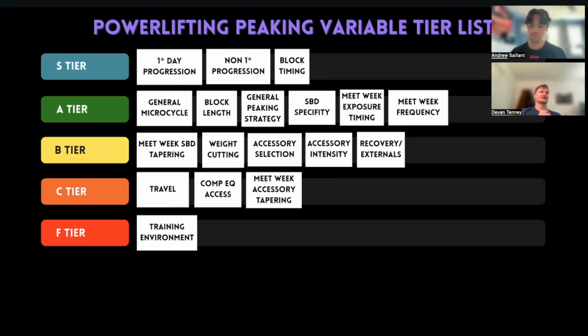A way I like to view this is that travel is going to impact a training week for sure. But if we're just trying to peak into one day, odds are you can manage. If you organize things like, okay, I need to make sure I have this and that so I come in strong on this day, that's pretty easy to do in most cases. But if it's a whole week of training and you need to account for training while on vacation, for example, and you're traveling and all these other things are going to be impacted for a longer period of time, I think that's a different story. So I think top of C is probably a good spot for that, in my opinion. Agreed.